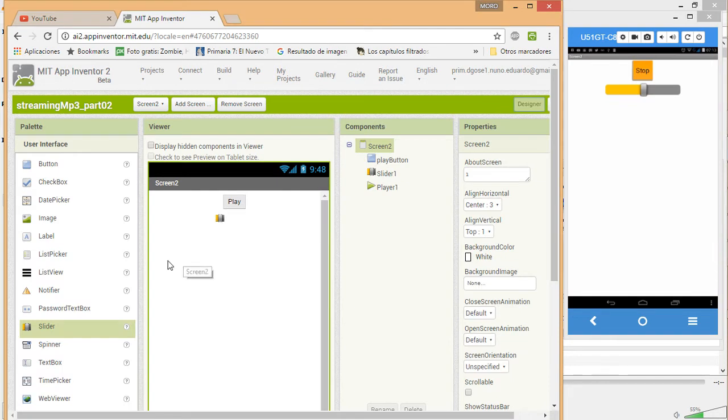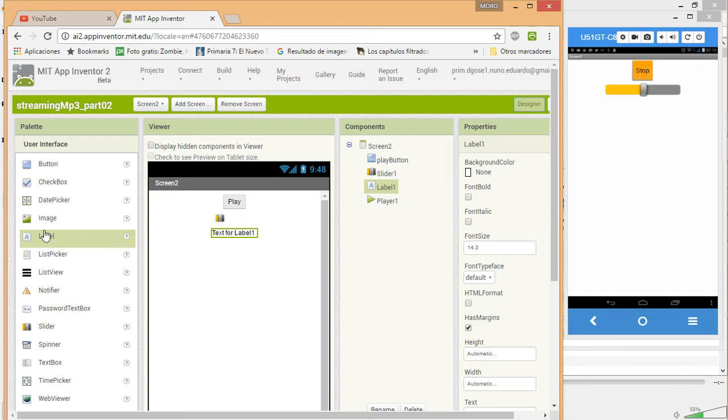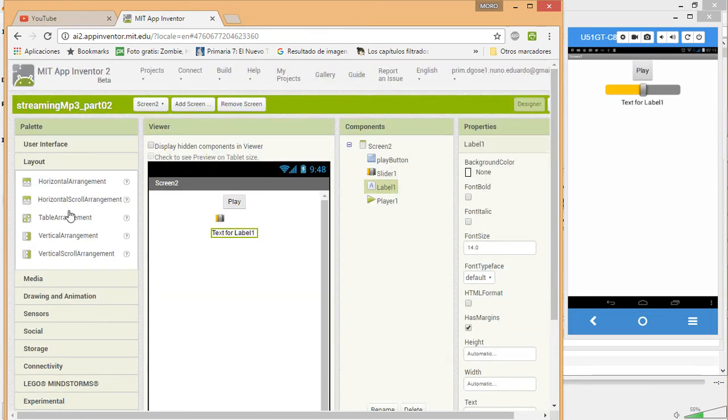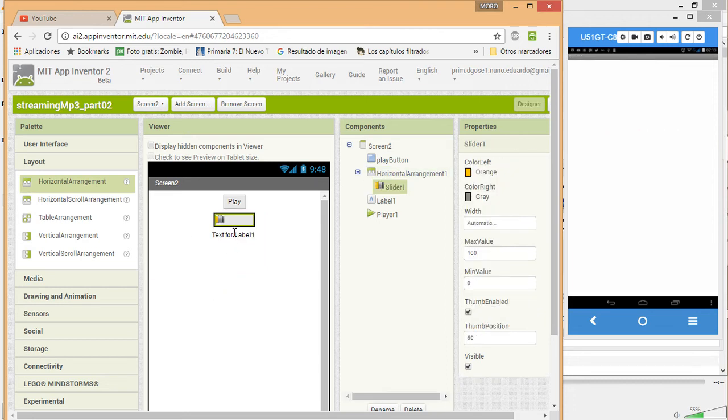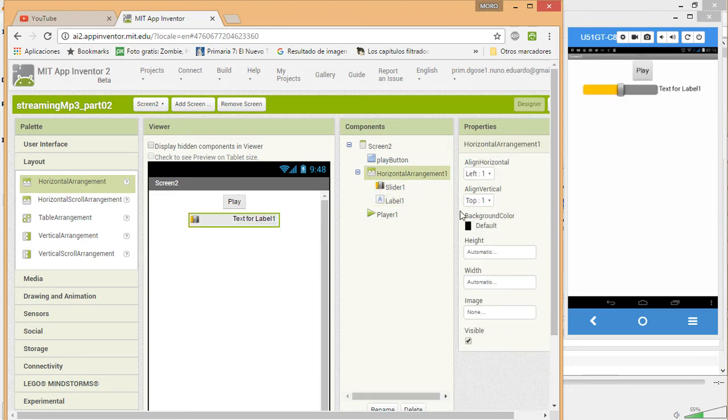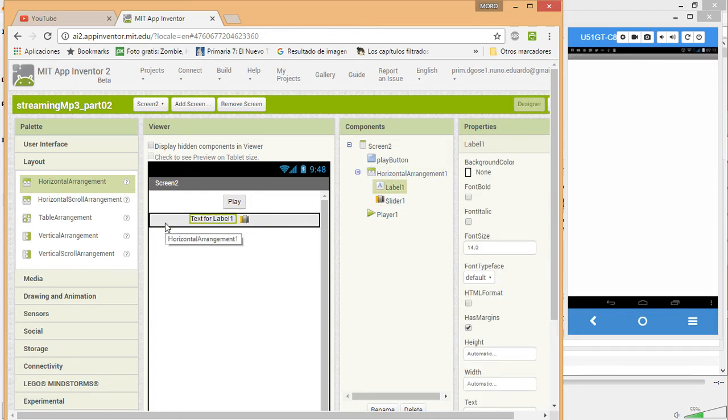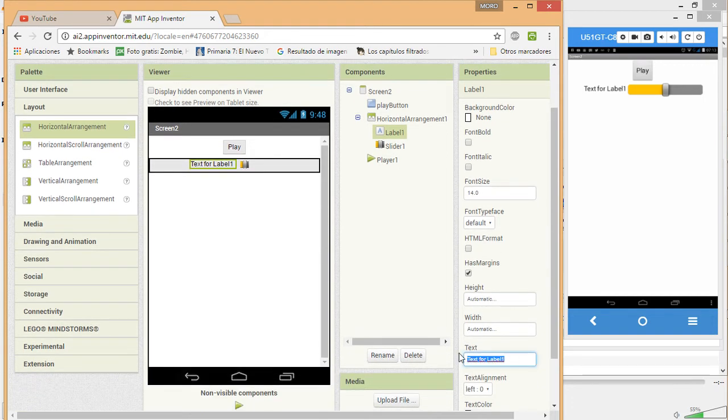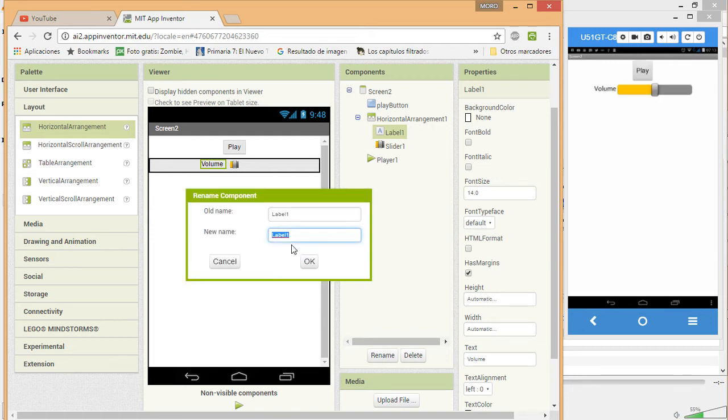Now what if we want to display the text? Well, really easy. We're going to drag a label, and maybe we are going to use a horizontal arrangement to drag this guy here and this other here. And in the horizontal arrangement we are going to center everything, and we are going to use fill parent for the horizontal arrangement. The text here, and maybe we just use the name, volume,